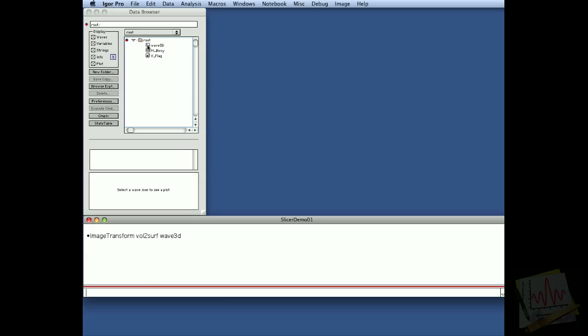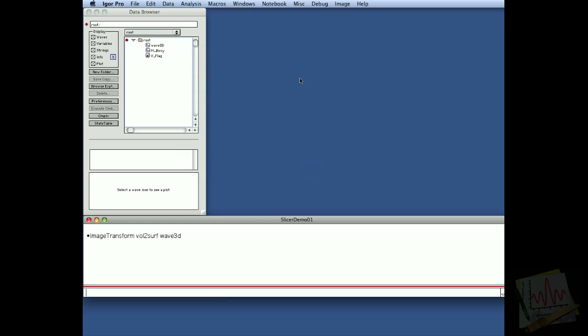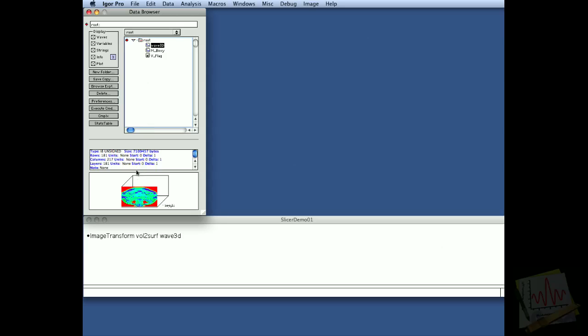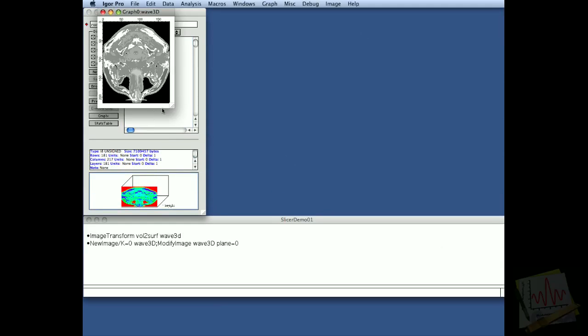Okay, now to look at the wave, we can look at it on a layer by layer basis, and if we want to do that we can go to Analysis, Packages, Image Processing. This gives us an Image menu, and then if we just display this wave as an image, double click on the image here in the data browser,